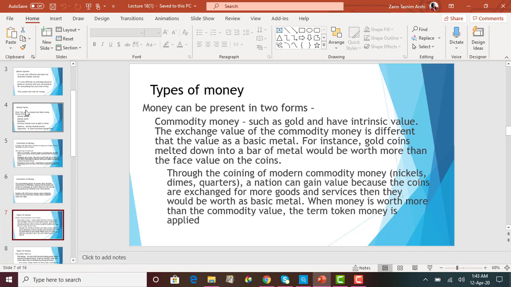Again, when I say it has a hidden value, think about this scenario. Raw gold has one value, but when you process that raw gold into jewelry or into a gold bar or into a coin, it has a different value, right? So there are two different values and there is an intrinsic value. That's why this is called commodity money. So the first form of money is commodity money, and that can be the coins that we have, because gold or silver in its raw stage can have a different value, but once they are converted into a coin or some type of jewelry, they will have a different value. That's why it has intrinsic value, and that's why it's called commodity money.